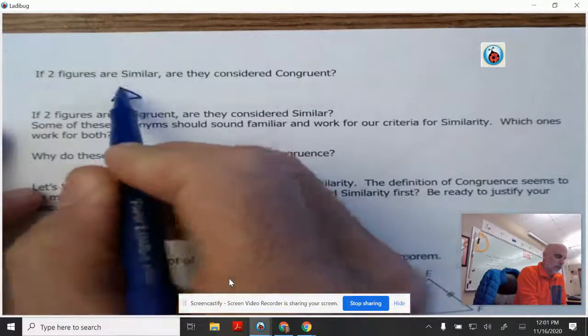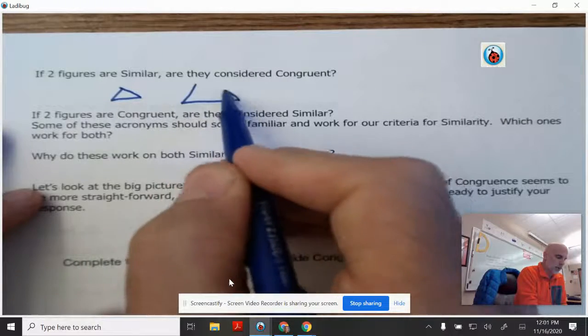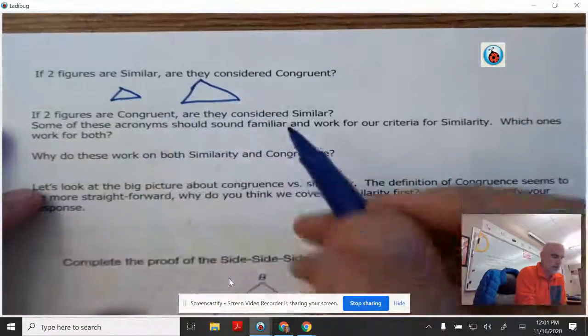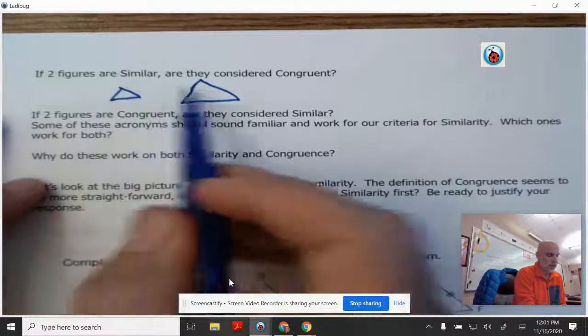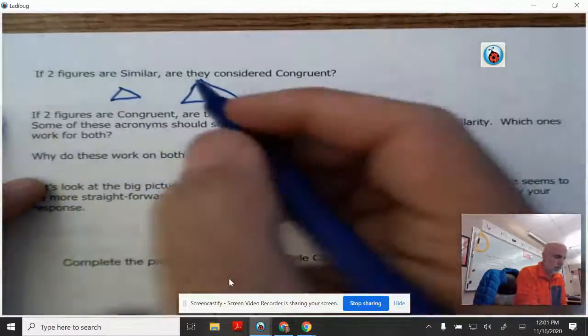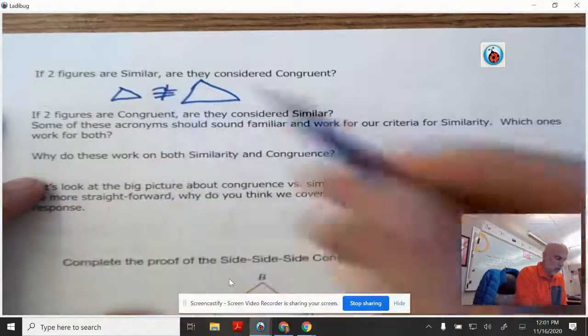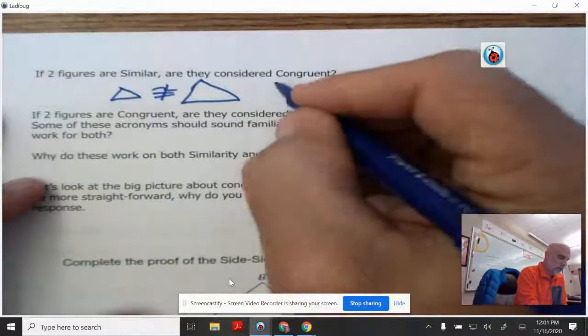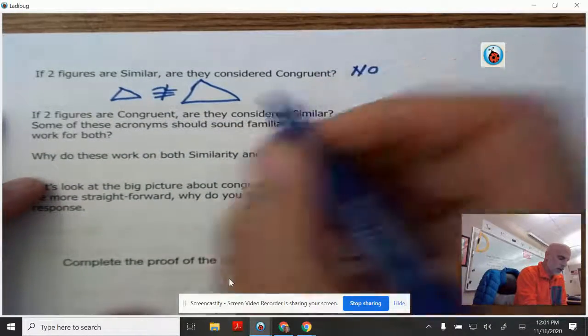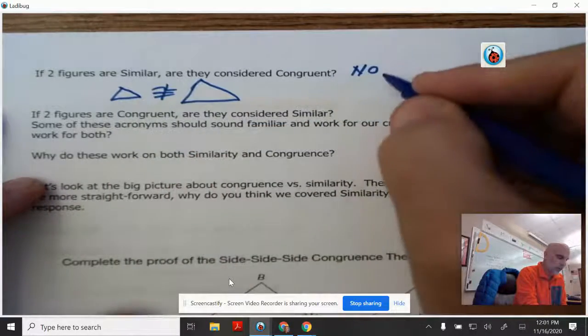Remember, you could have a small triangle and a bigger triangle, and we did all these comparisons between them. They are not considered congruent. This is obvious, I would think, that these are not congruent. So I'm going to say no. You might draw a picture of a small one and a big one